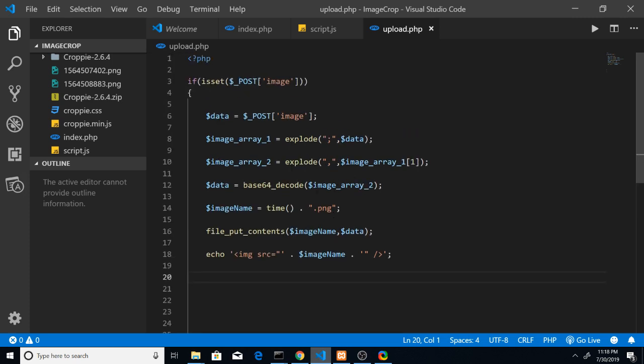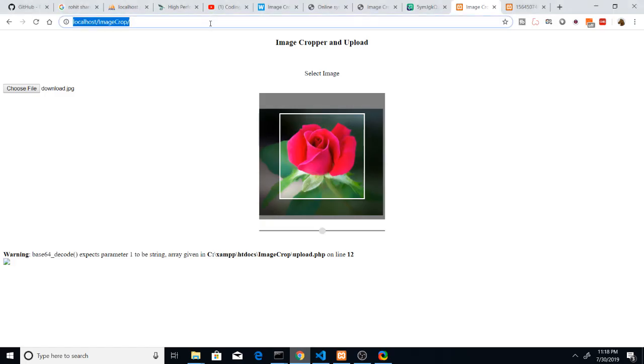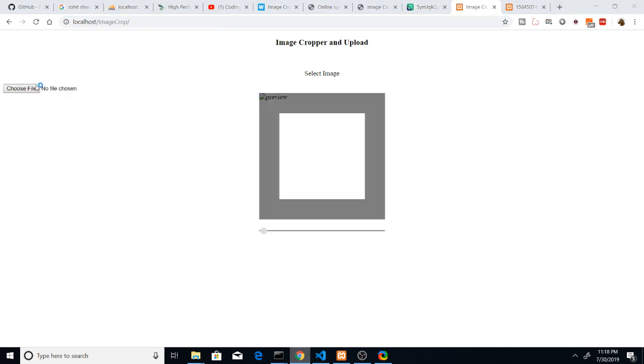Sorry guys, in this base64 decode I forgot to have this one. This is actually an array, so we are targeting the first element, so that is why this error was coming. So if I refresh this, choose the file,